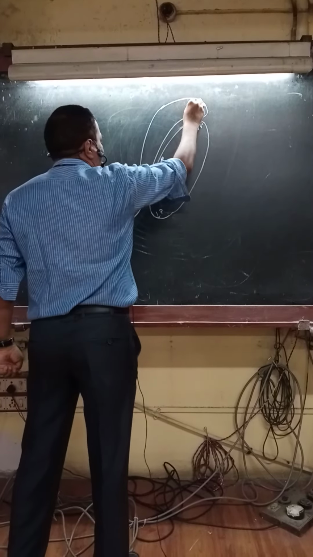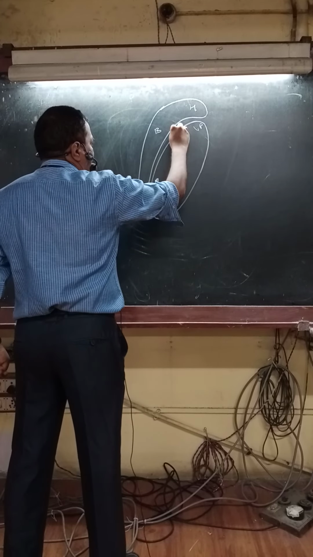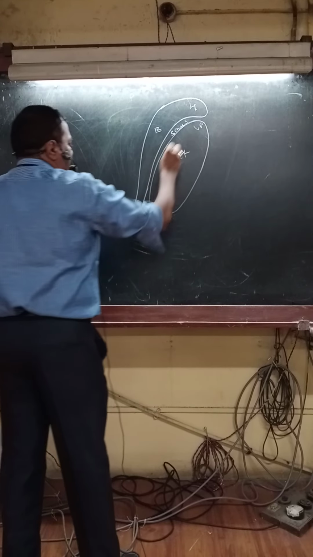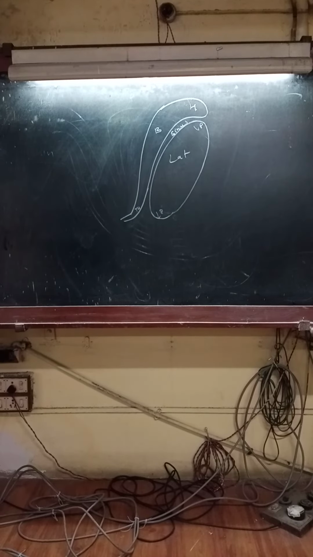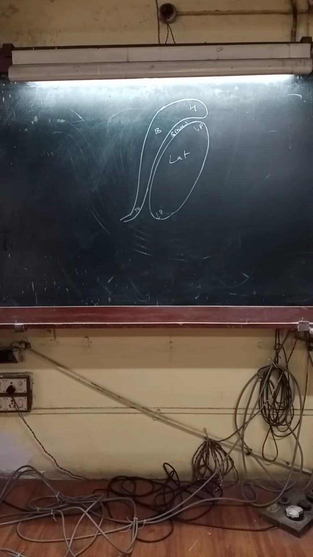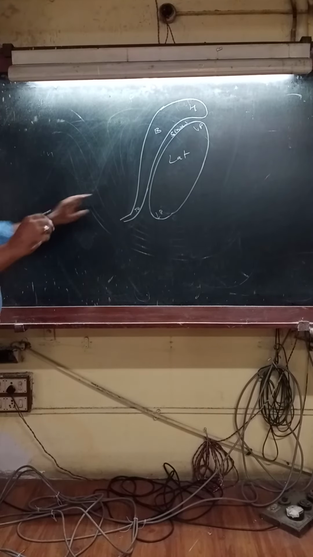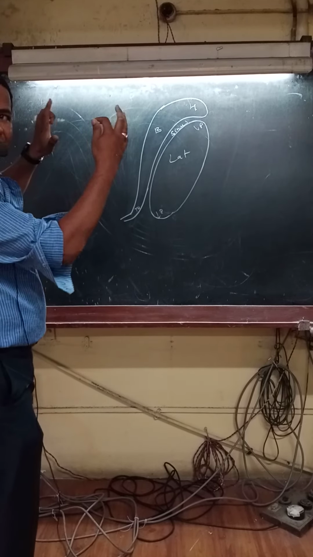And here on the top is the epididymis, which has a head, body, tail, and here we see the sinus. Because of this sinus, we identify it: the sinus of the epididymis is always on the lateral side. Otherwise, it's very difficult to identify right testis and left testis. So put the epididymis posteriorly and look at the sinus. Which side is the sinus? Now suppose this is the lateral surface, so you will find the sinus over here. So you are looking from the side.